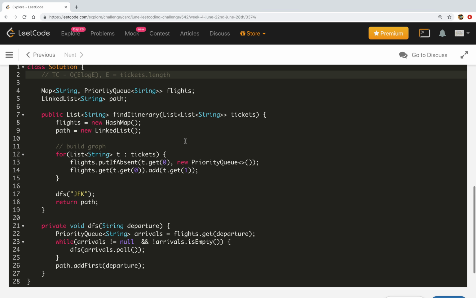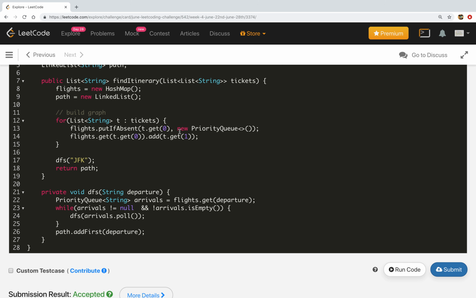We can solve this problem iteratively as well using a stack. For that you should try yourself. If you face any doubt, you can ask me in the comment section, or I will share the code as well